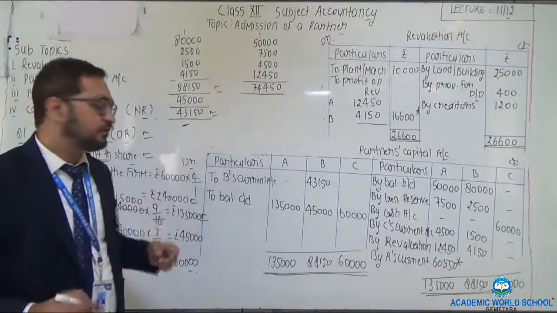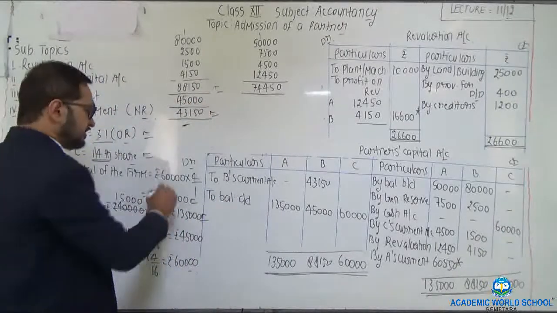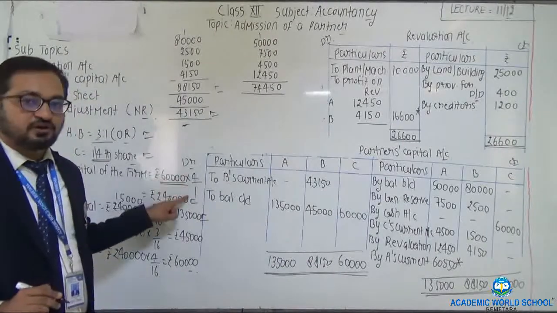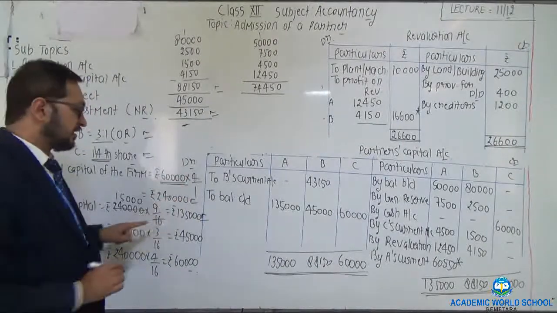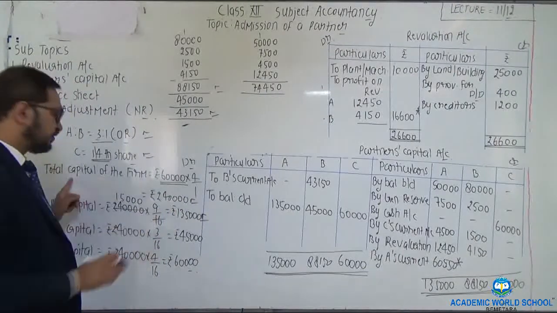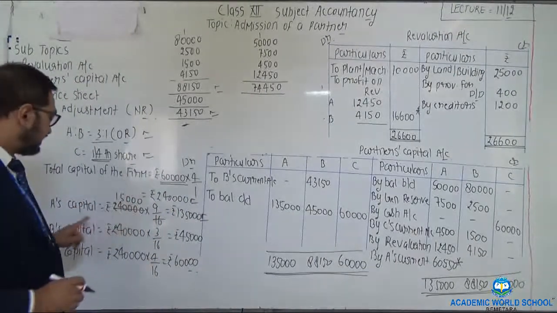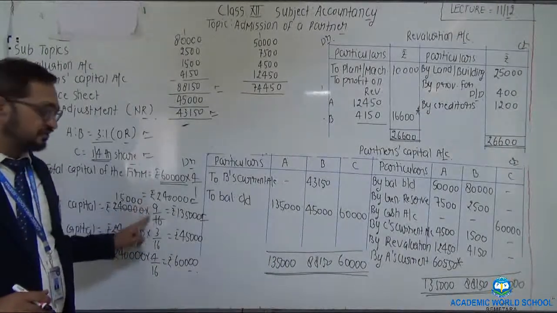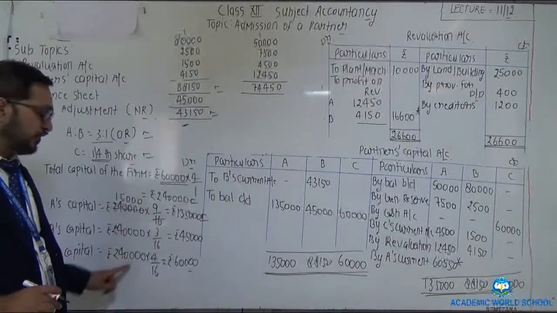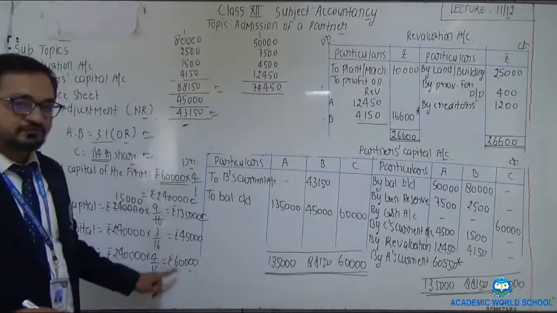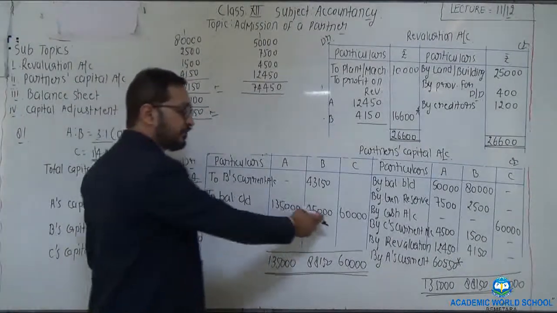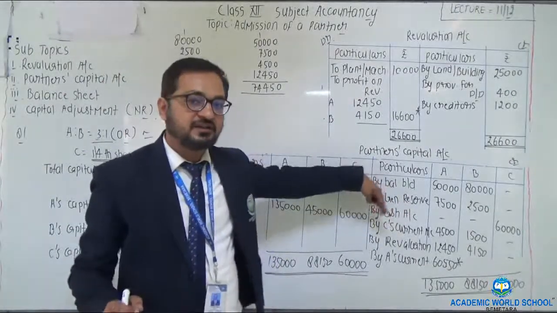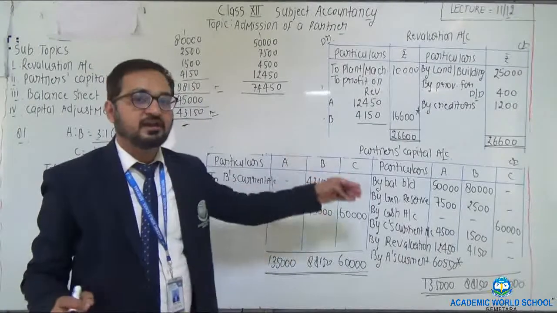After that, you need to solve capital adjustment. 60,000 amount of capital brought in by new partner multiplied by reciprocal of his share, that is 4 by 1, gives you 2,40,000 considering total capital of the firm. After that, A's capital, B's capital, C's capital: 240 into new ratio, giving 135, 45, 60 respectively. Clear? After that, calculate the balancing figure on the debit side or on the credit side.